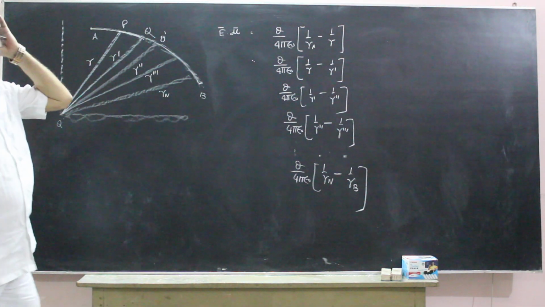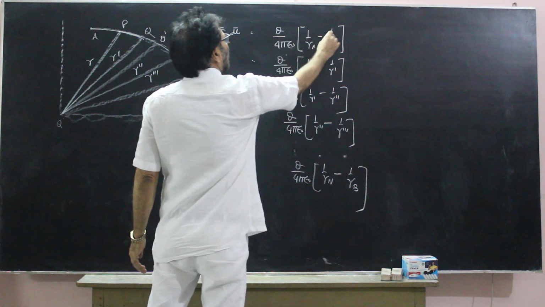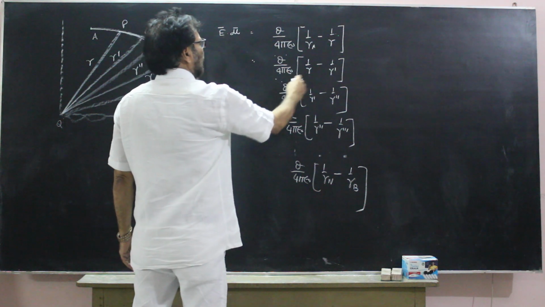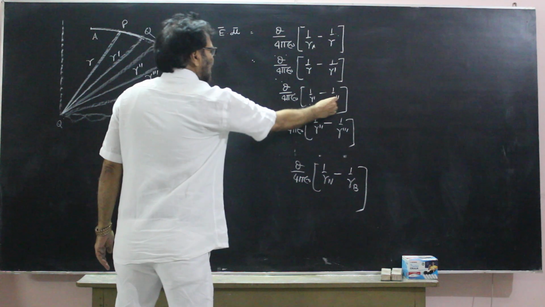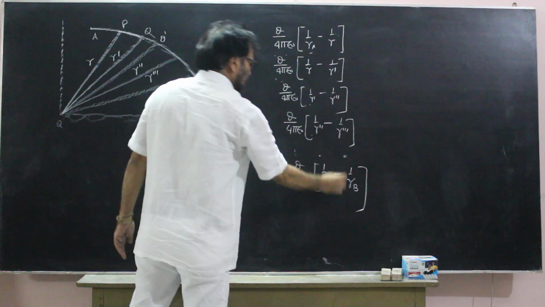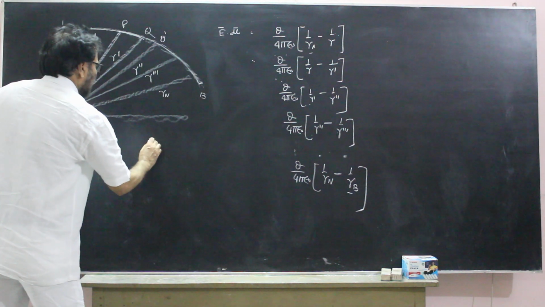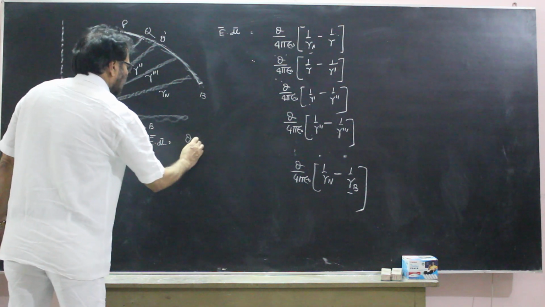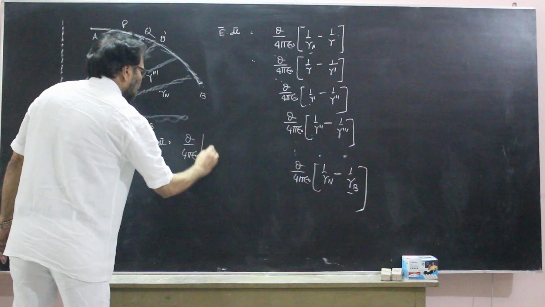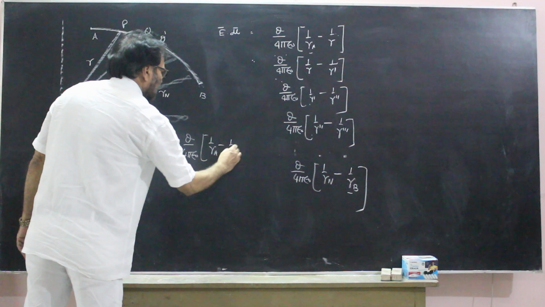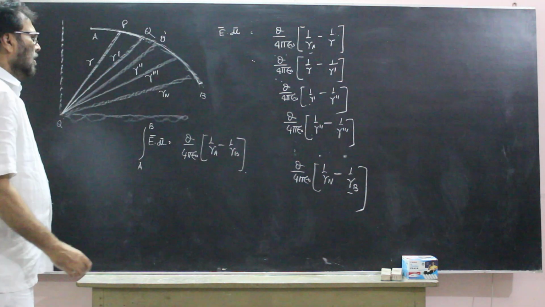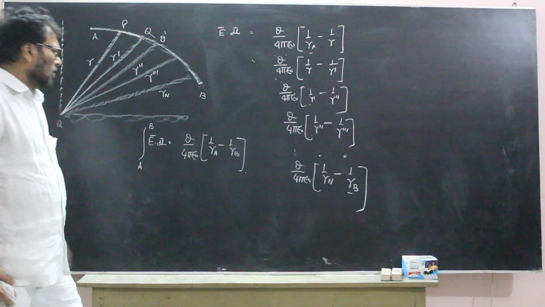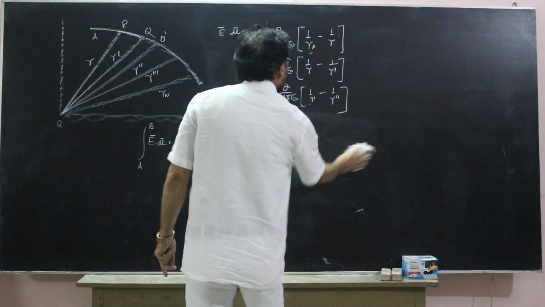और ये सारे एक्सप्रेशन को जब हम ऐड करते हैं तो देखेंगे Q by 4 pi epsilon naught minus 1 by R, Q by 4 pi epsilon naught 1 by R, ये इससे कैंसिल हो जाएगा। Q by 4 pi epsilon naught 1 by R डैश से ये कैंसिल हो जाएगा, इससे ये कैंसिल होगा, इससे ये कैंसिल होगा, आपको ये फर्स्ट और लास्ट टर्म बच जाएगी। तो आपको मिल गया E dot dl from A to B, ये बचेगा Q by 4 pi epsilon naught, 1 by RA minus 1 by RB। So we have proved that E dot dl from A to B is Q by 4 pi epsilon naught, 1 by RA minus 1 by RB। So this is your E dot dl।